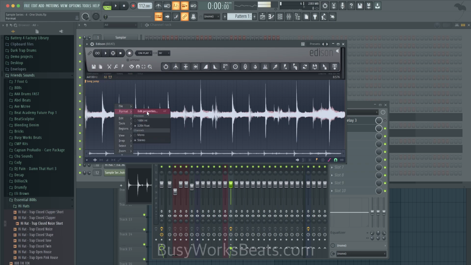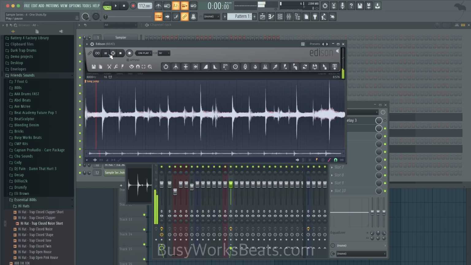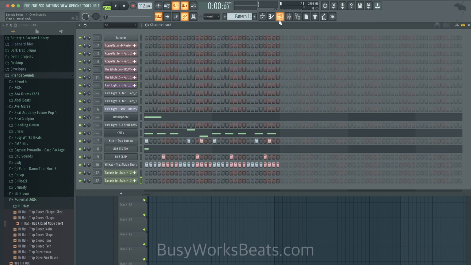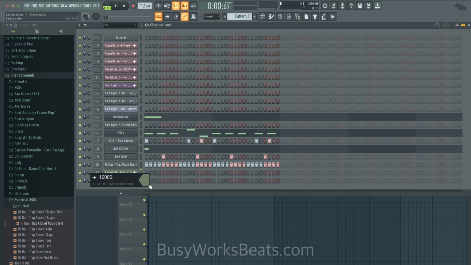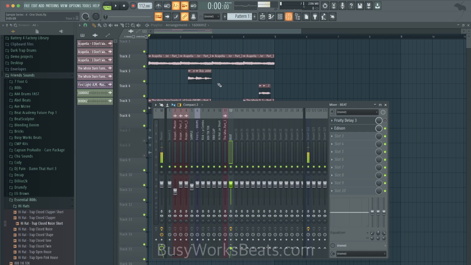Let's right click, go to format, edit. I'm just going to do different exaggerations of it. So let's do 8,000 hertz, hit resample, knock it down to 16-bit. So this will chop off even more high-end stuff. Send that to the playlist as an audio clip. I guess it didn't send to the playlist, but let's call this 8,000 hertz. The first one was 16,000. Okay, and it did send it, it just sent it in a weird way. So we'll keep those to the side just so you can hear the difference.